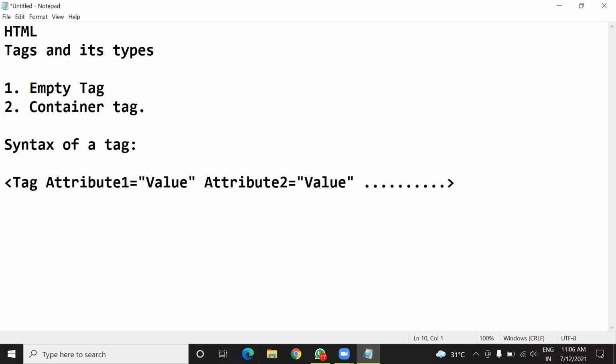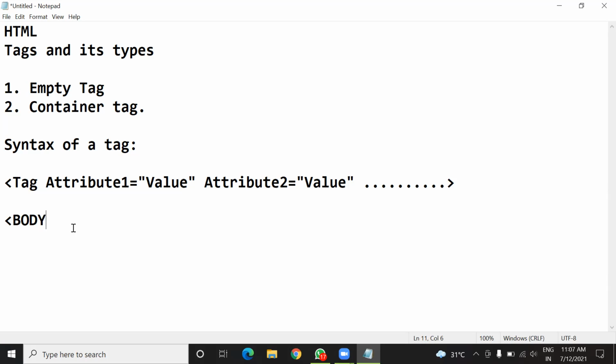So now look at this using an example. You must be familiar with this body tag. Are you familiar with this body tag from your class 7? Yes, sir. Okay. So here first of all you put this open angle bracket, and then the name of the tag, that is body here.